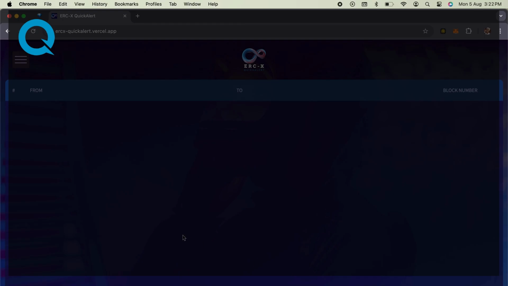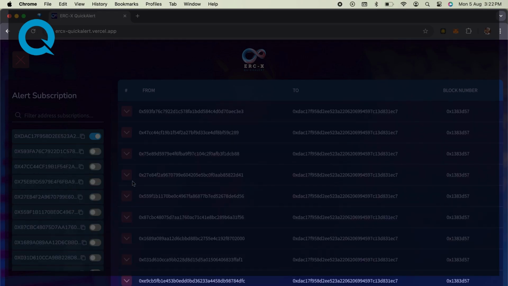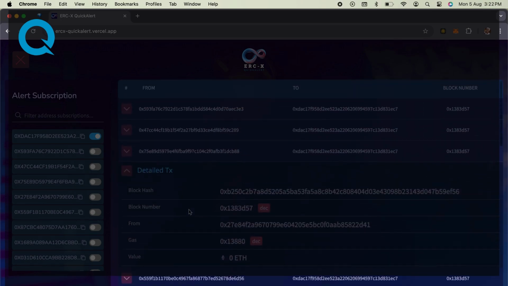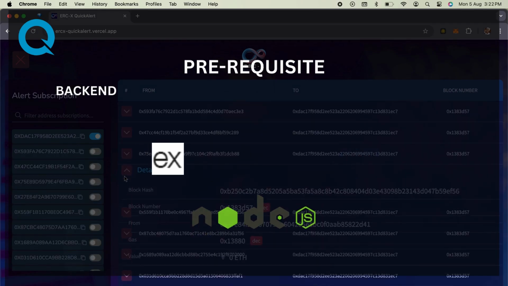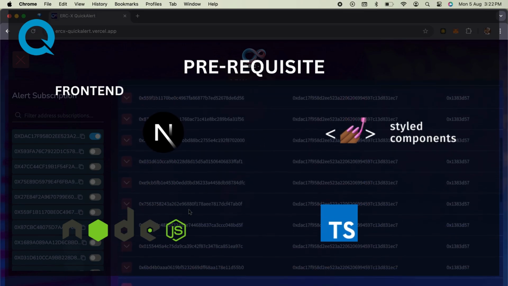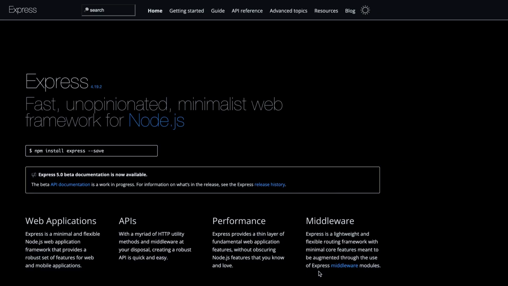The tutorial is intermediate level. That is, it is a full stack intermediate level. We will be developing a backend with web sockets and a front end that listens to events emitted from our backend. Backend development using Node.js, Express, and TypeScript stack. Front-end development using Next.js, TypeScript, and styled component stack. In case you need to get up to speed with any of these technologies used here, their documentation is provided